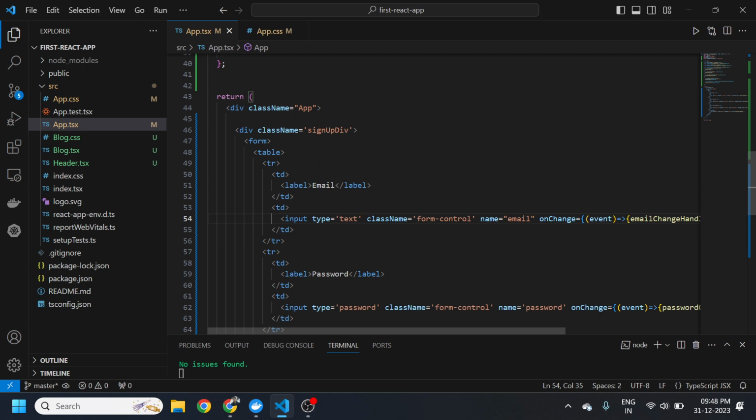So let's add it. Here you can say dollar, like this. There are multiple ways you can use the variable, but I'll be using string concatenation. form-control is the default over here. Then space plus,